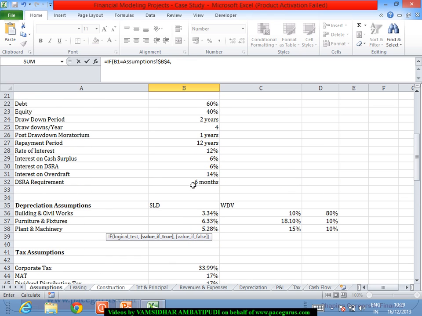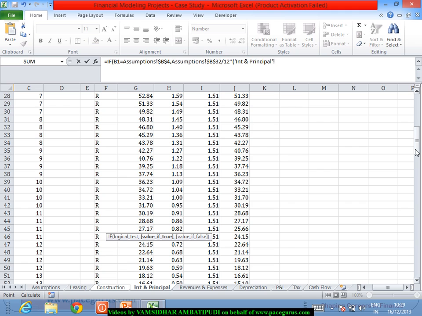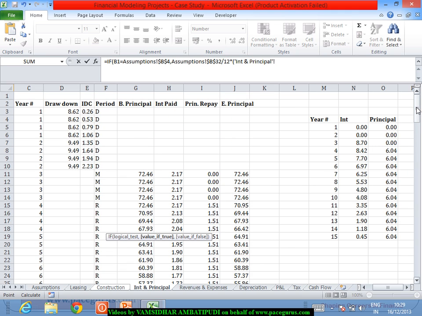Yeah, 6 months of your DSRA requirement of both the interest and the principal repayment. What is the interest and the principal repayment for each of those periods? I have to really find out what is the interest and the principal repayment for both the years. So what I should do for that, instead of simply saying whatever is this particular number, I can compute